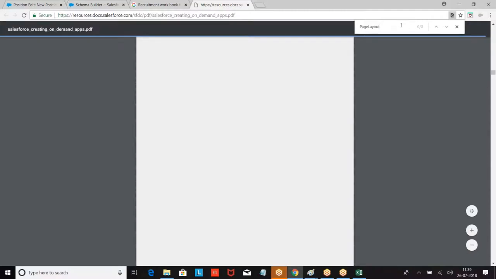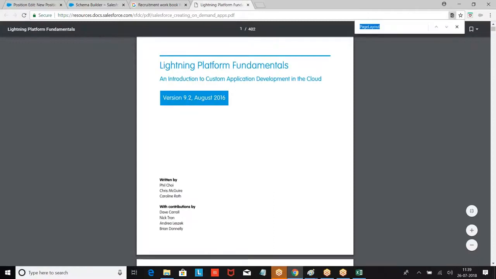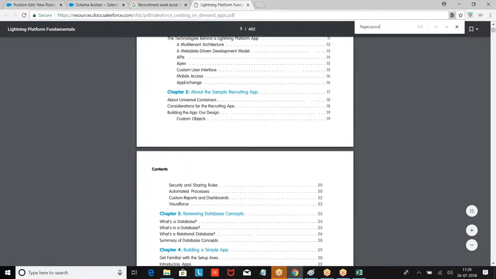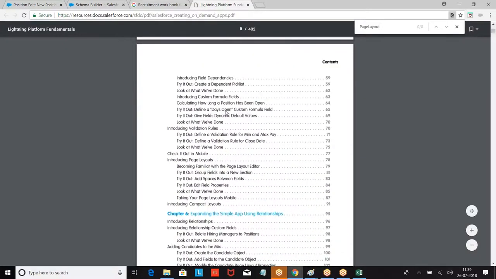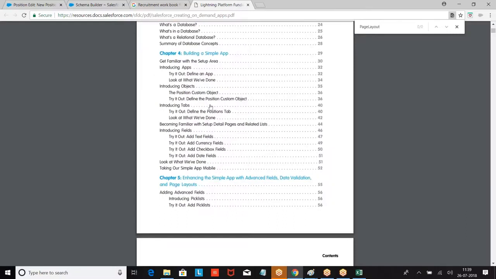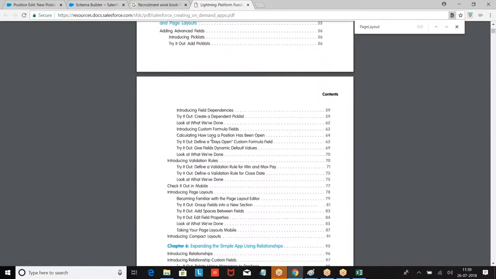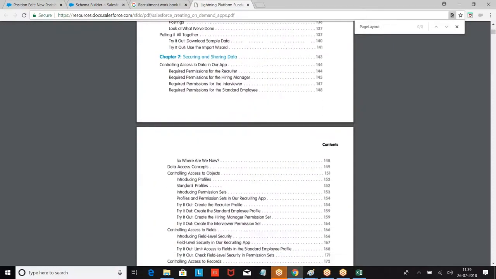Other than schema builder, if I use a standard navigation, that will be added on the page layout. Defining the concept called page layout here.